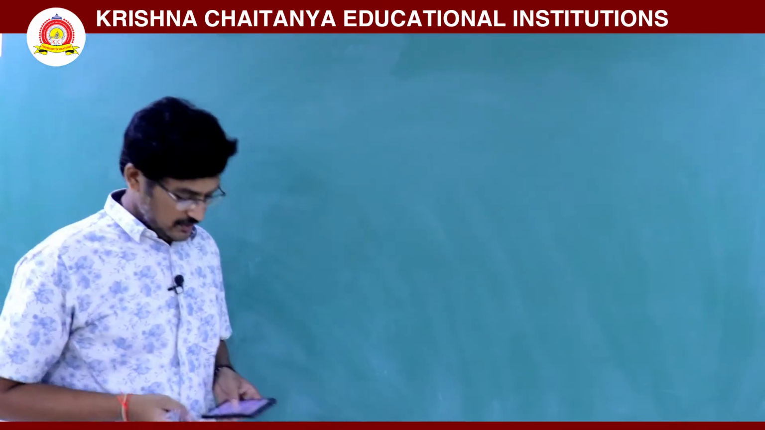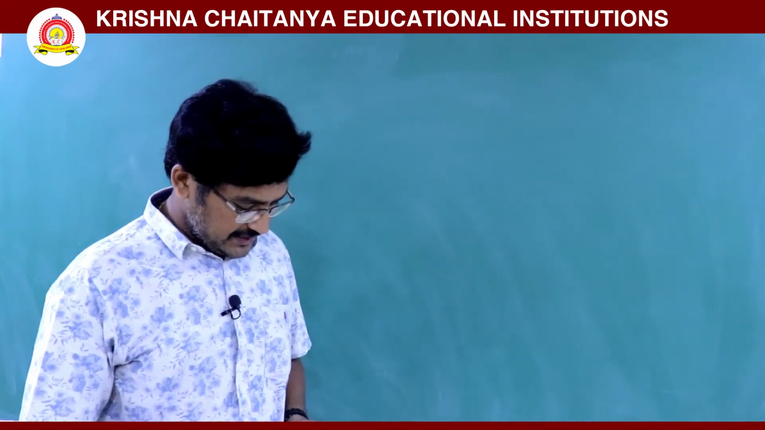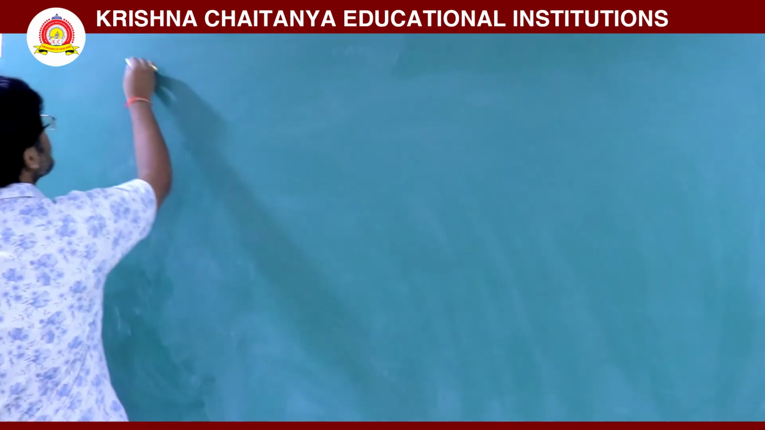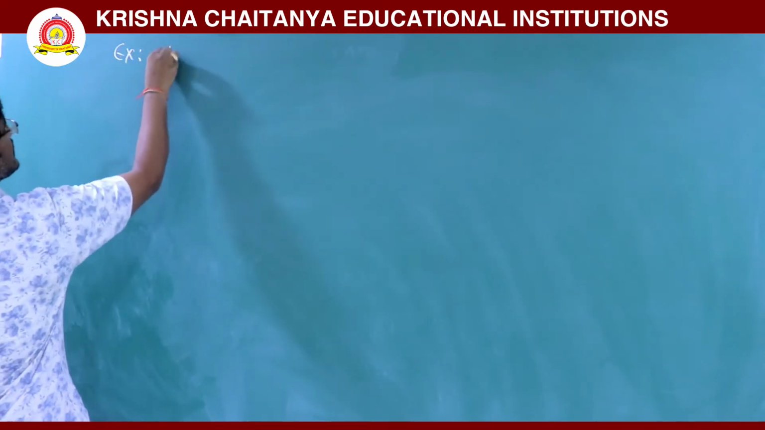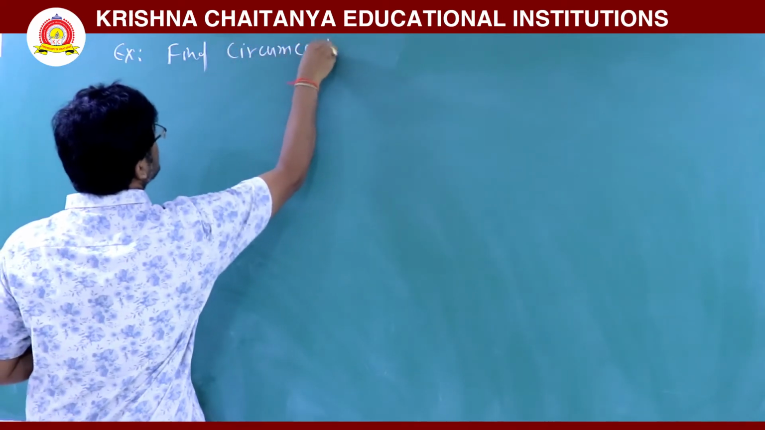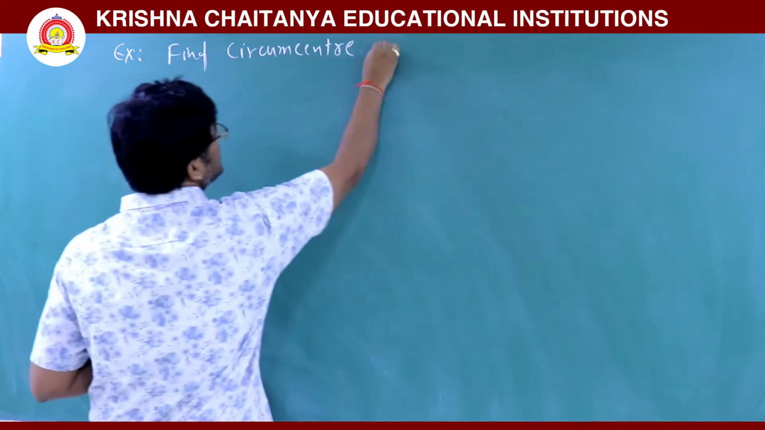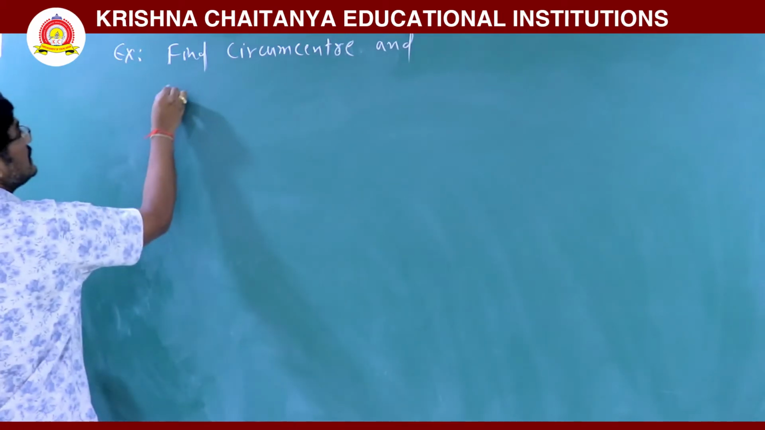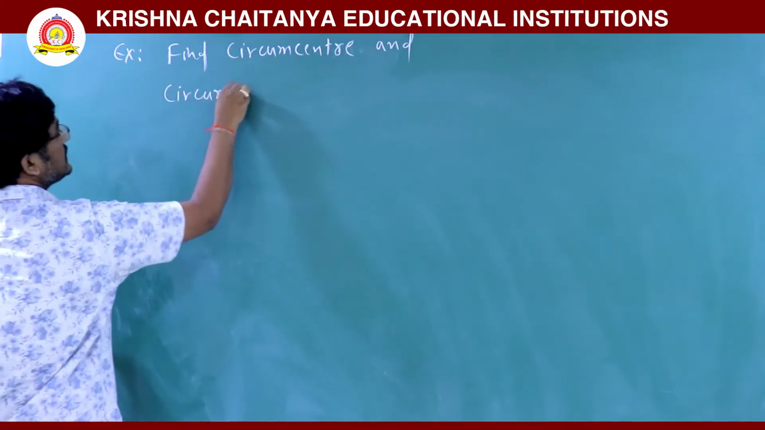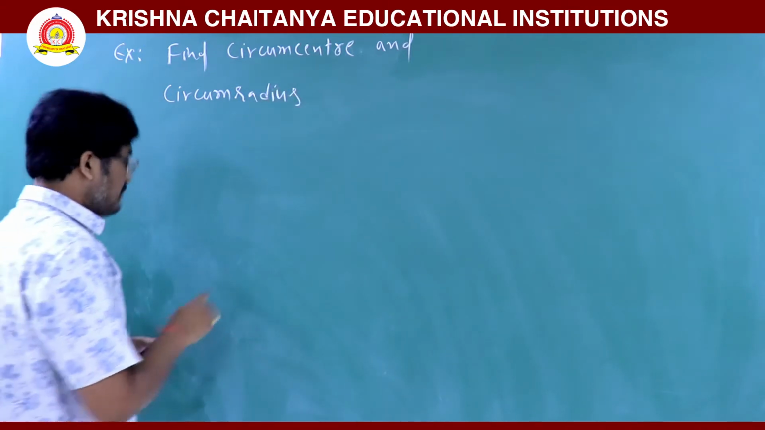Okay, so first example: find the circumcenter and circumradius of the triangle formed by the points